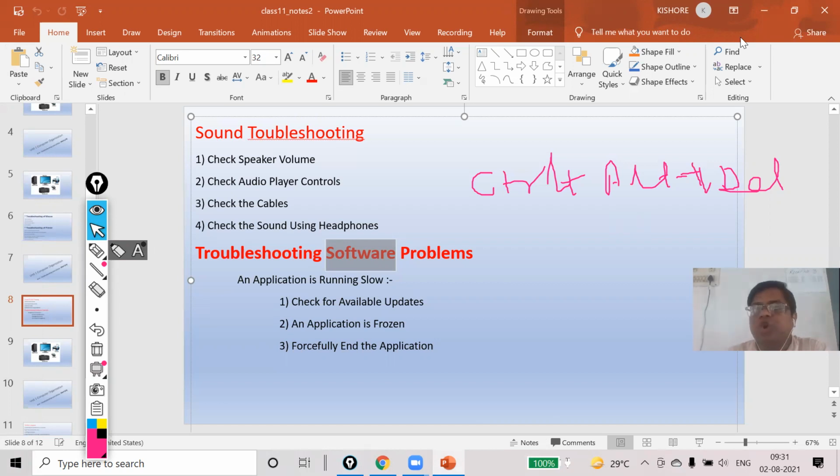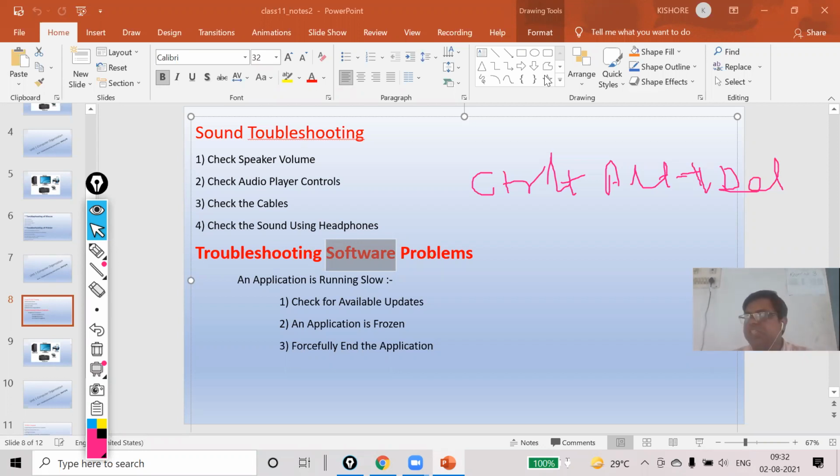In this case, you have to go for hard booting. Hard booting means you keep pressing your CPU power button for 4 or 5 seconds, so that your system will be closed, and again you have to start it.